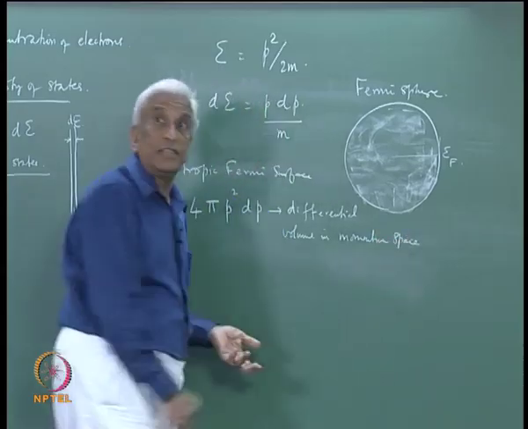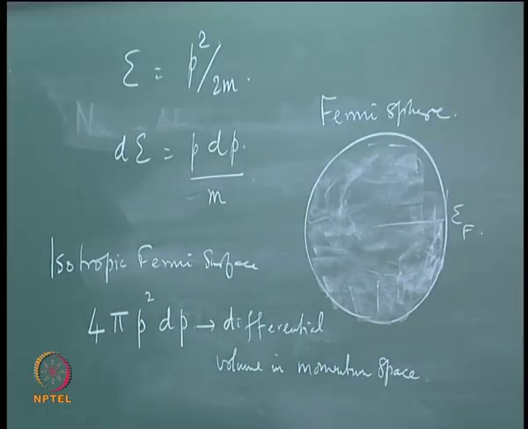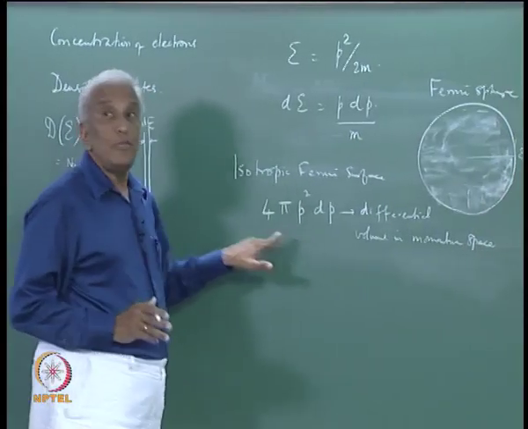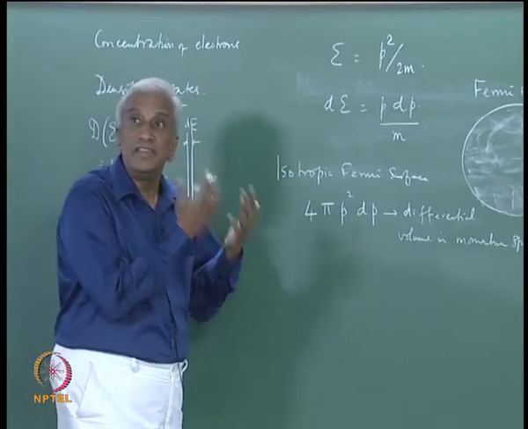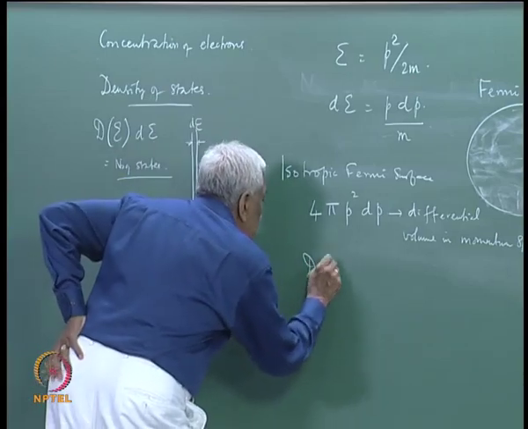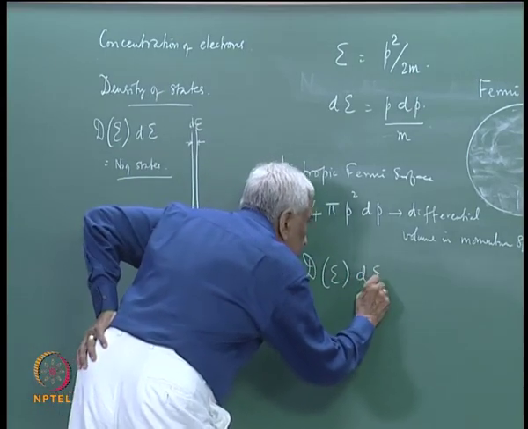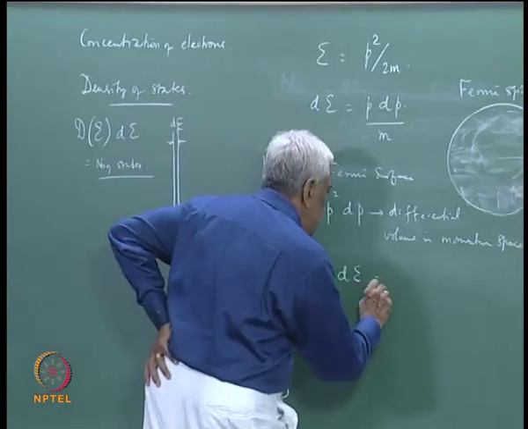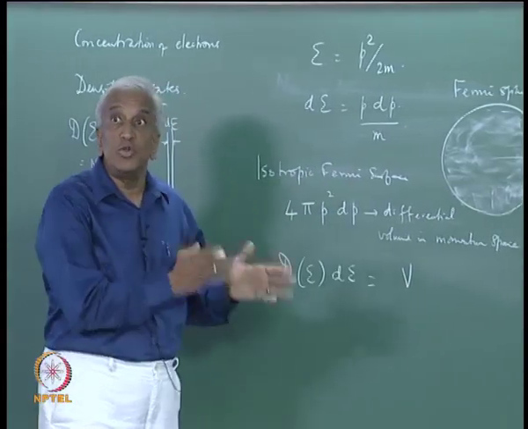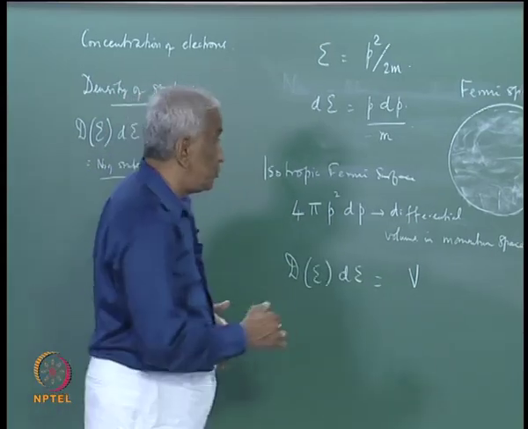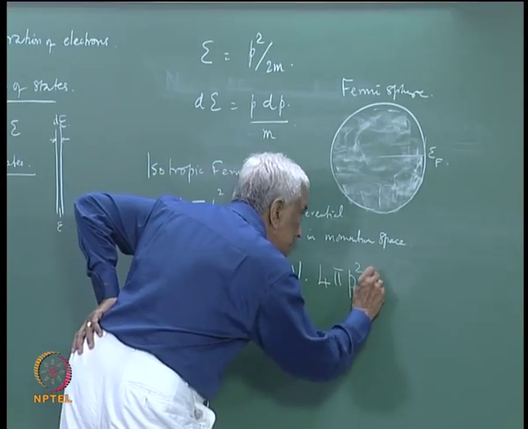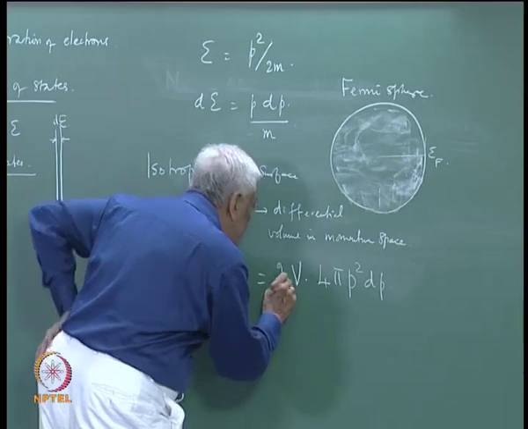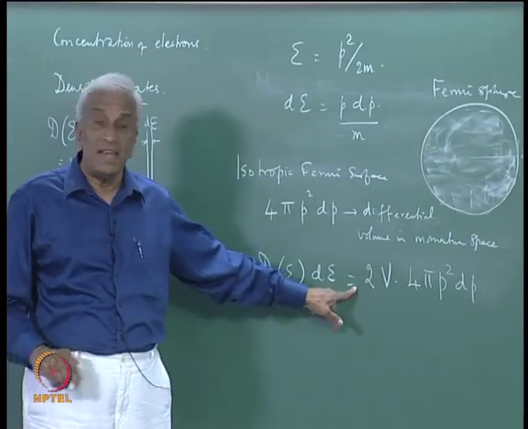Position and momentum together define a state in statistical physics. So, this is the differential volume in momentum space. If we now count the number of states in this interval, we write d of E dE equals V, the actual volume in real physical space, the position space, multiplied by the differential volume in momentum space, times 2, the factor 2 in order to take into account the spins,